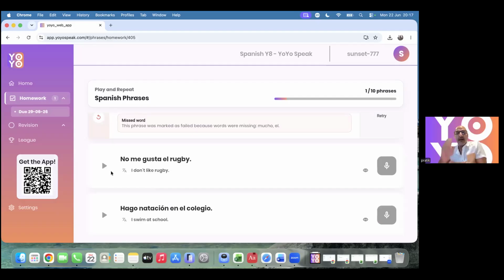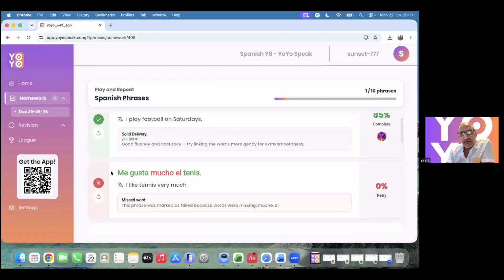So you can see a very quick example of how that works. And it will give a little note here to the student in terms of what they need to do and what they need to work on. And actually, if you give me one moment, I'm just going to log in on my phone and then share my phone screen with you. And we can see